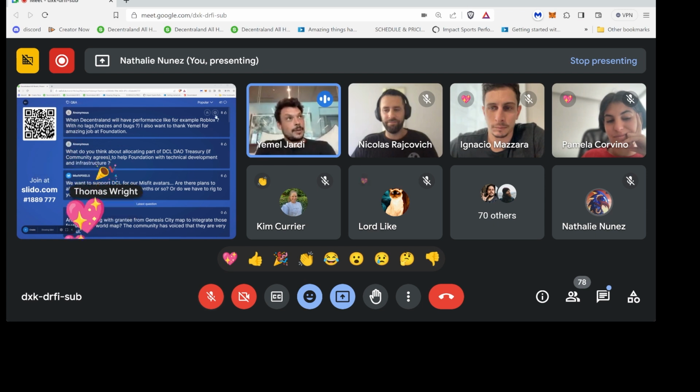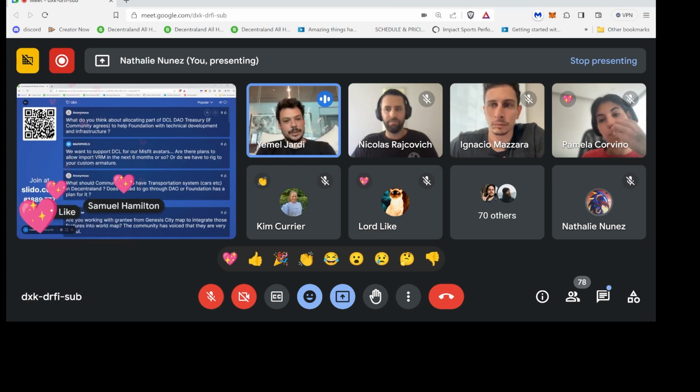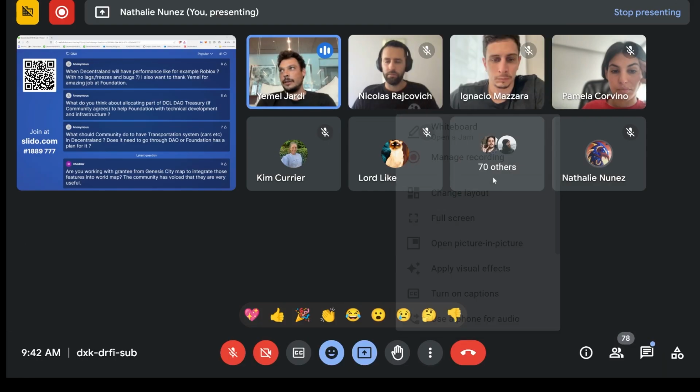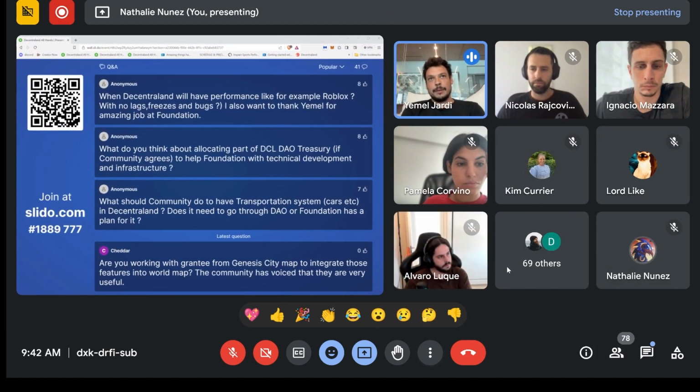We are very concerned about Decentraland performance. The rationale behind that is the code base, the product Explorer, has many years. It's the same code base we launched in 2020, and we have been iterating over that, adding more features on top. But there is some technical debt that is really hard to overcome as is.